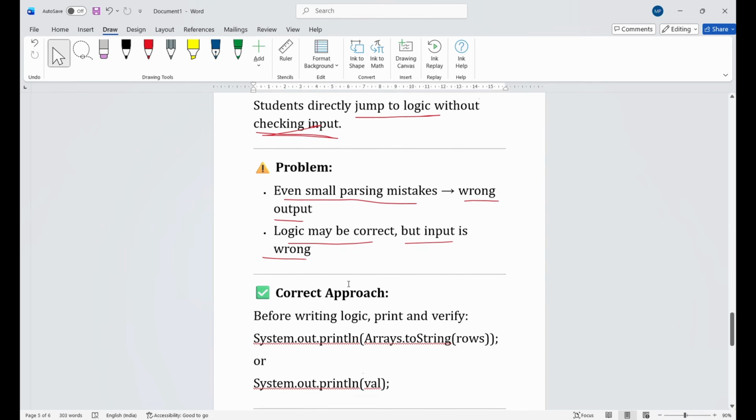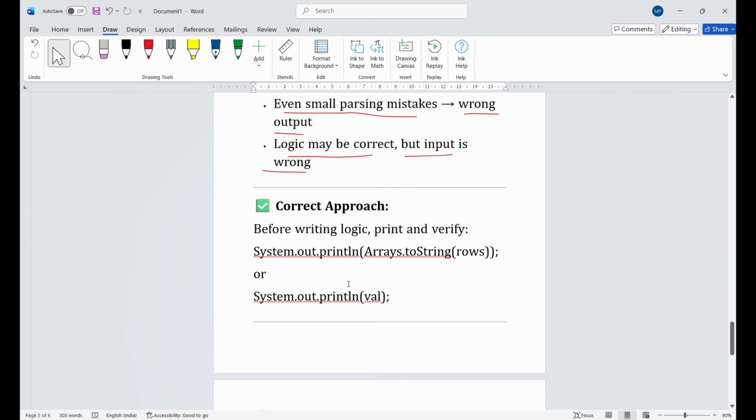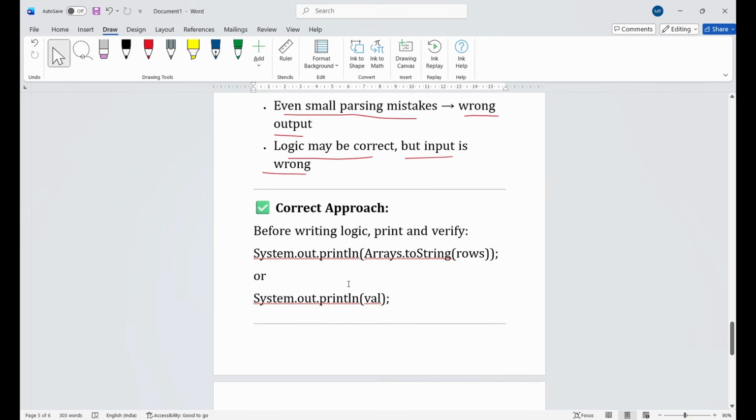In most cases, students know that we have to convert this string input into an integer array and then apply the logic. But when they parse the string input, they make some mistake, or whenever they use the split method they might have used the wrong separator, such as a comma. That mistake made them fail many test cases. So what we have to do, so we always